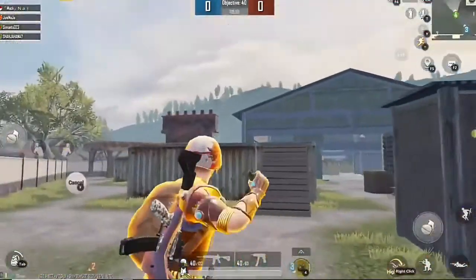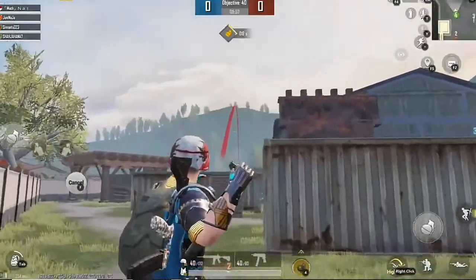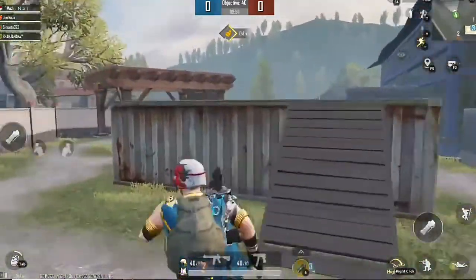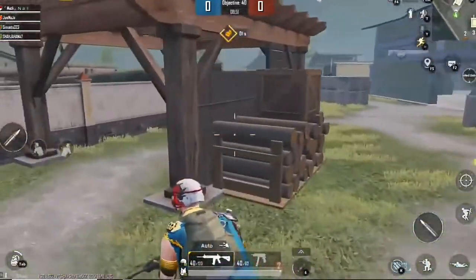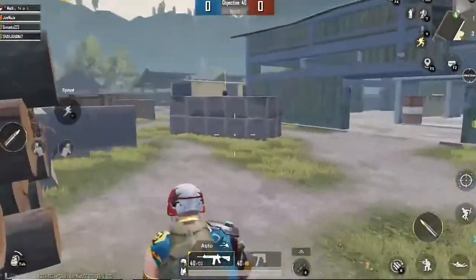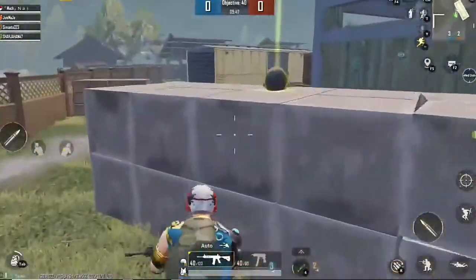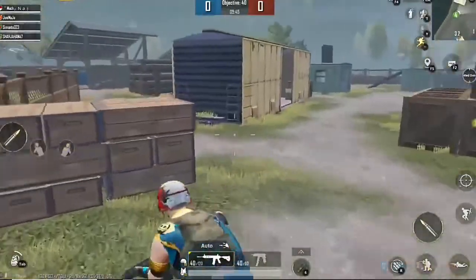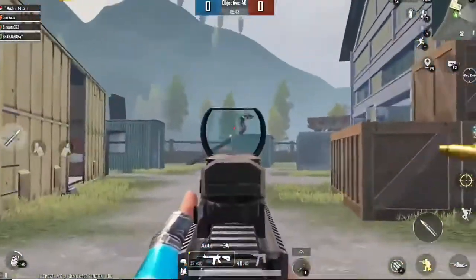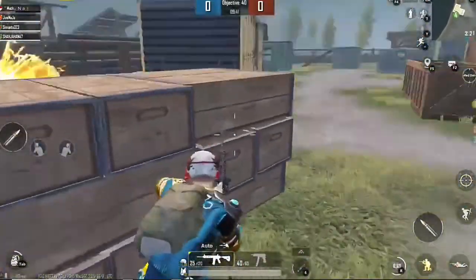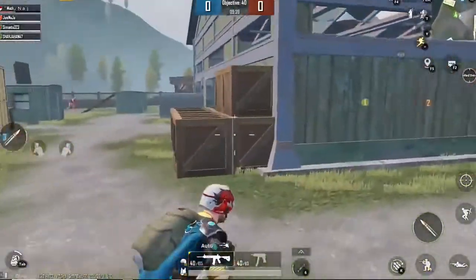Today in this video we will discuss the best PUBG game loop setting for low-end PC users. By low-end PC user I mean the one who has a PC with 4 GB RAM. If your PC has 2 GB RAM and you want to play PUBG Mobile, then you can skip this video, because earlier PUBG was not such a heavy game, as it did not get so many updates.